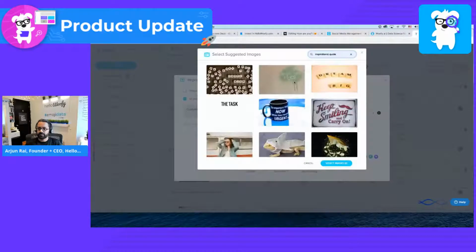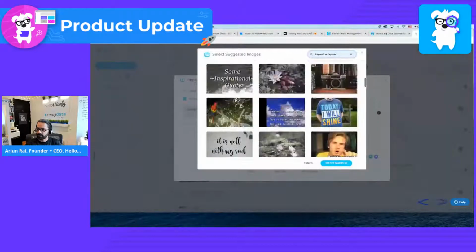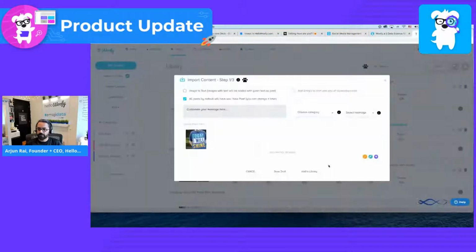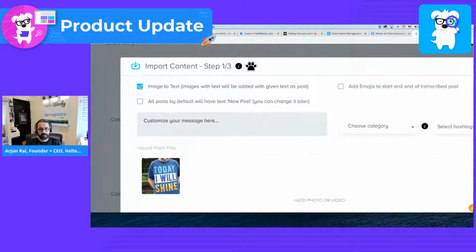If the image has words in it, let's find an example here. Let's do this one. Today I will shine. I have the ability now to have it not only transcribed into an actual post, literally word for word, it'll take the image and see what's in the image in terms of today I will shine and type it out for you.